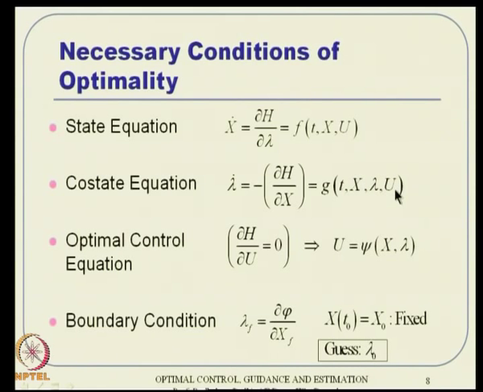Then once I land up there at t equal to T f, the lambda I am getting here and the lambda computed this way may not be the same, and most of the time they will not be the same. That is why we say this integration process is something like shooting. You are shooting a gun towards a target, and finally it lands up somewhere with lambda f, but the goal point is somewhere here, lambda f, which is del phi by del x f, what it should be. Then we sense the error between the two, and using that error we have to come back and improve this lambda 0. That is the philosophy.